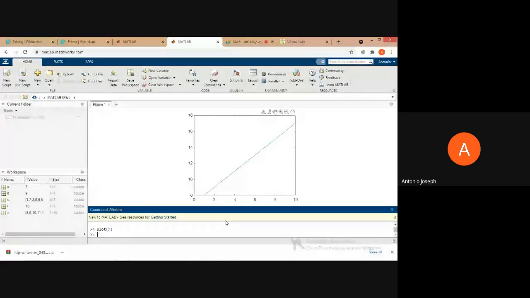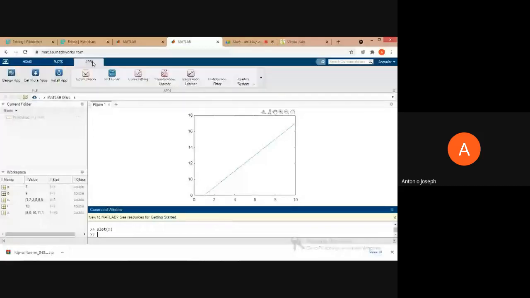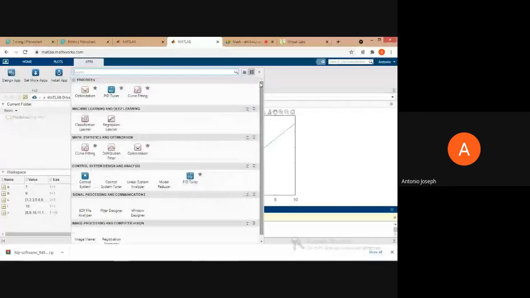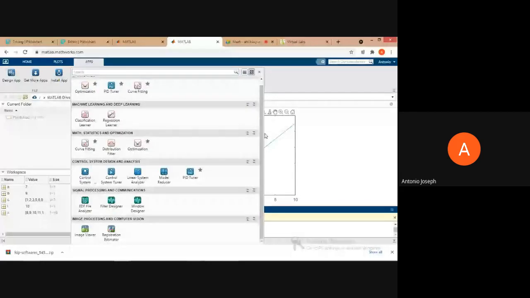Okay, and we can look at apps also. These are the apps contained in the trial version that I have taken right now. So linear regression analysis, optimization, curve fitting, etc. are there. You can use the curve fitting for analyzing your graphs or some sort of data.